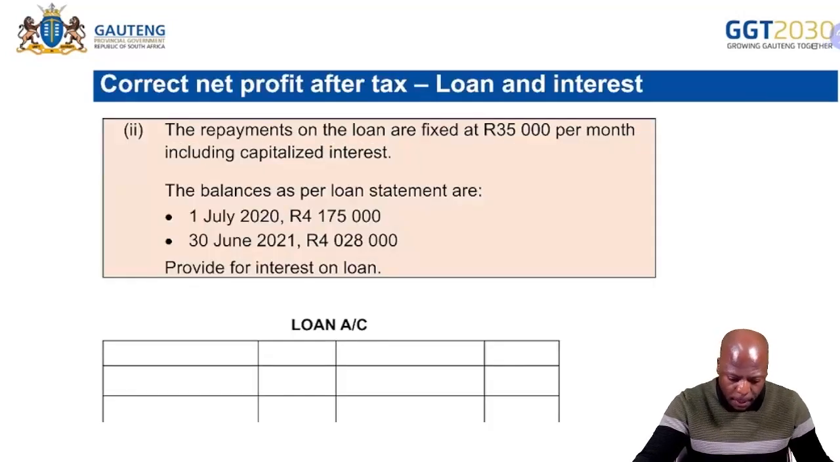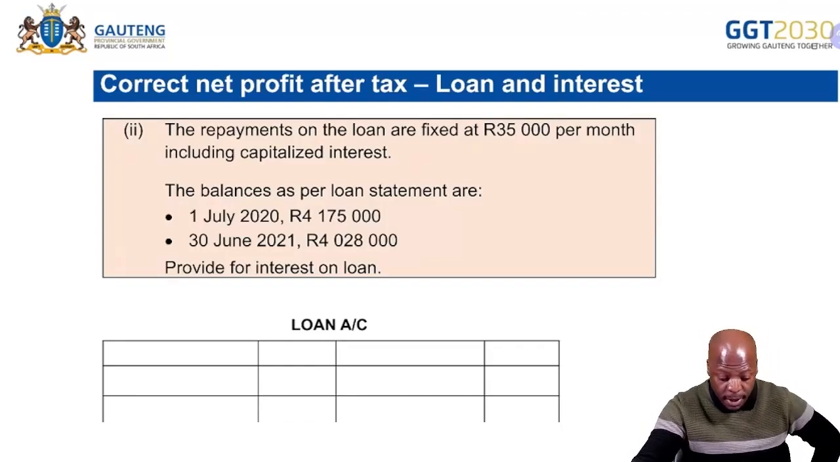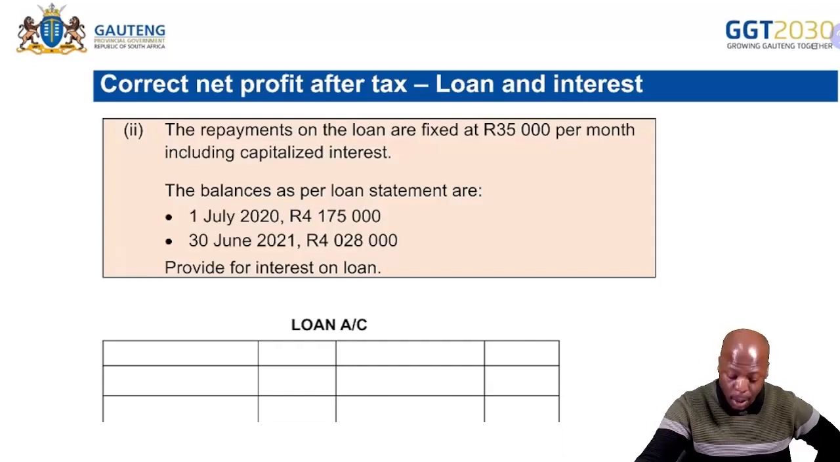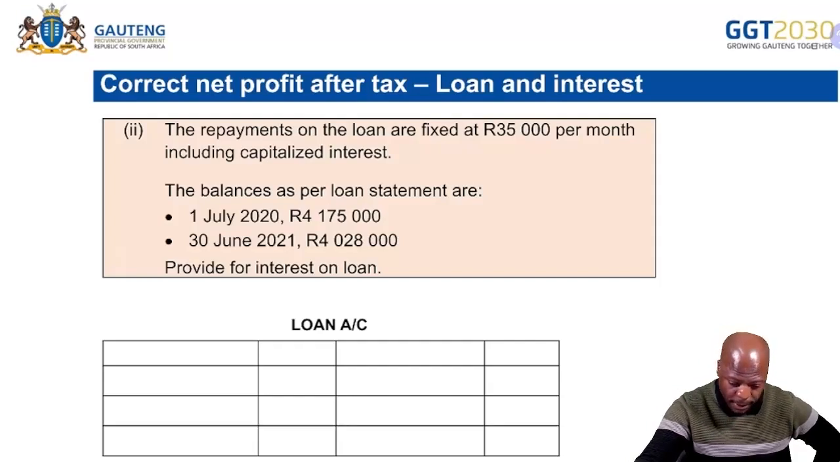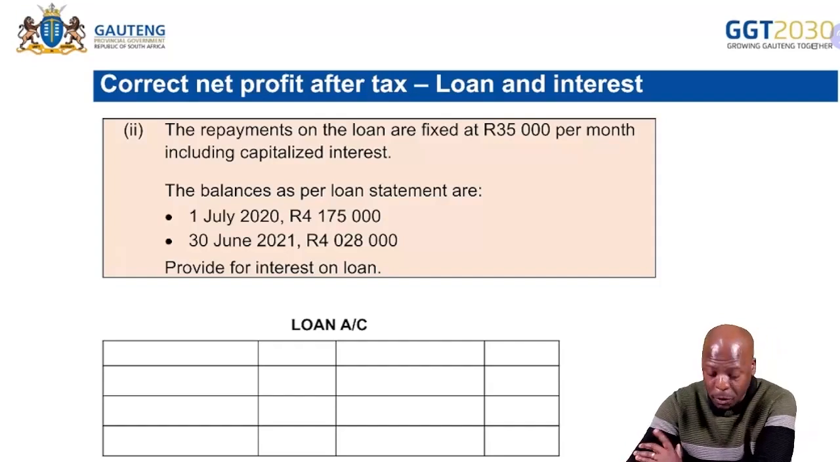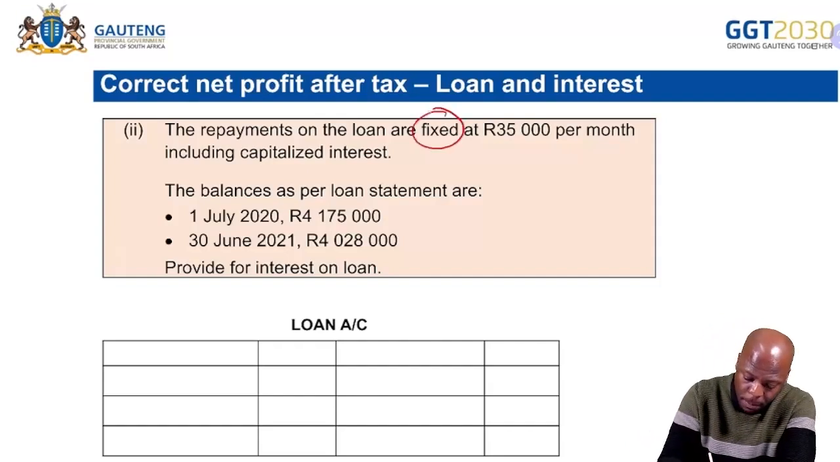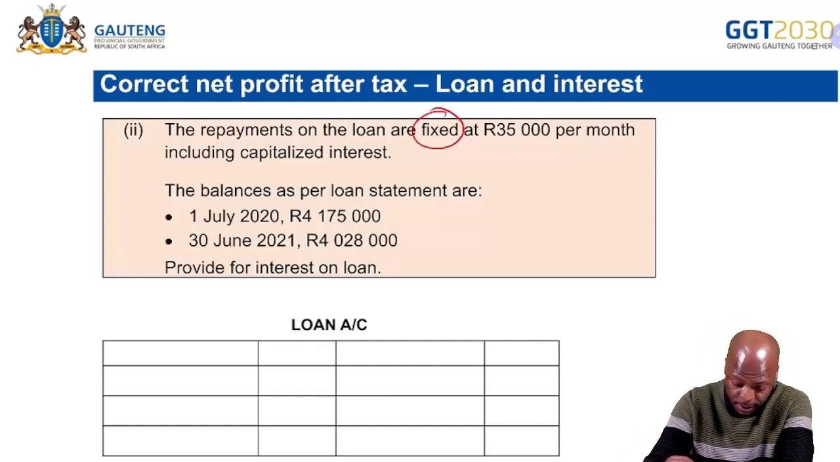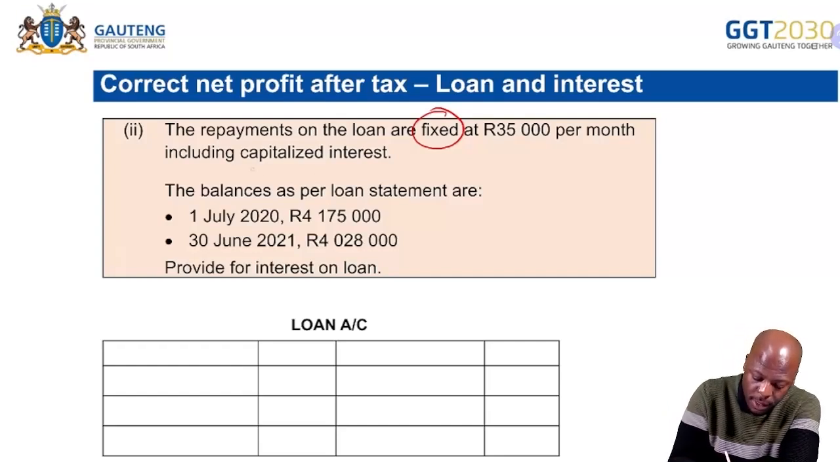123,600. Let me come to the next adjustment, a very interesting one. The next adjustment is an interesting adjustment. It has to do with a loan. It says the repayments on the loan are fixed. Very important here now. Okay, the repayments on the loan are fixed at 35,000 per month, and this includes interest